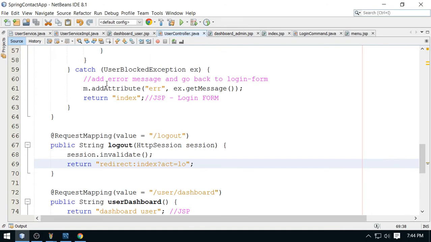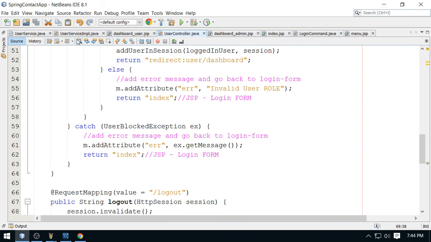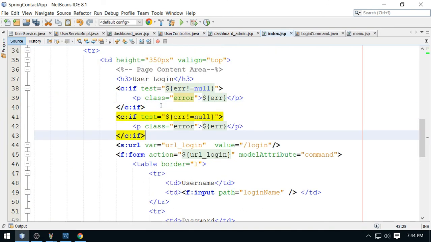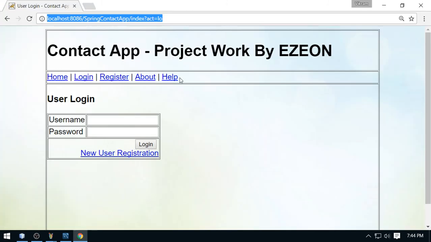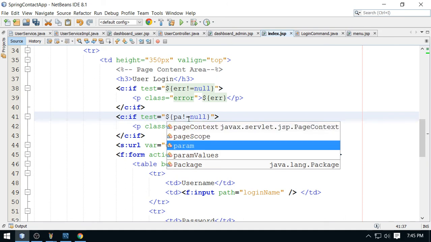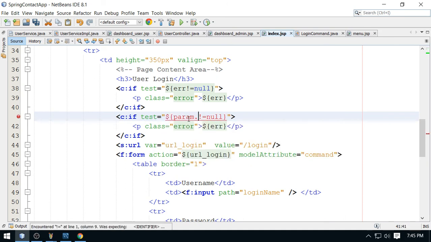So let me read this index. From the index page you are forwarded to the index, this one here. So I'm going to copy this and add one message with the help of a small trick. This time the flag name, the parameter name here, is ACT, action. So let me check this. It is a parameter. So whatever is bound here is a parameter. Things bound in a URL, our query string, are parameters. So the parameter ACT,